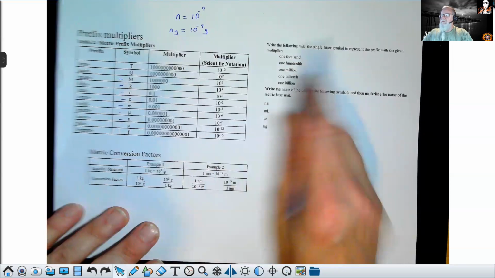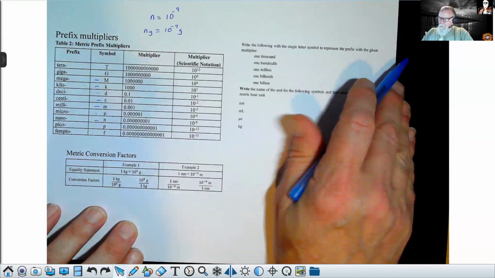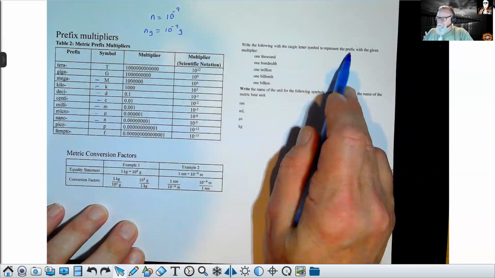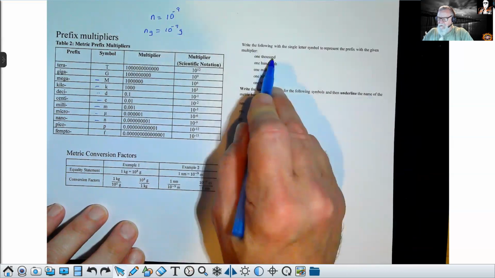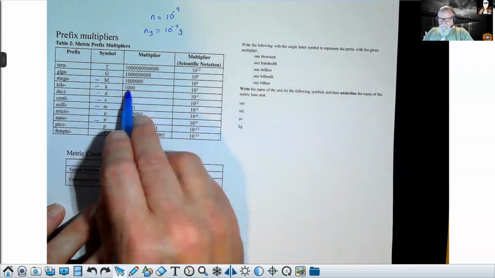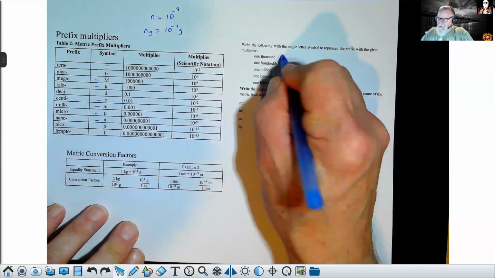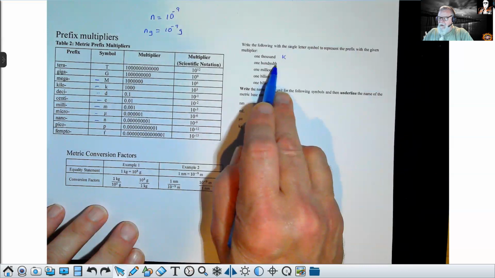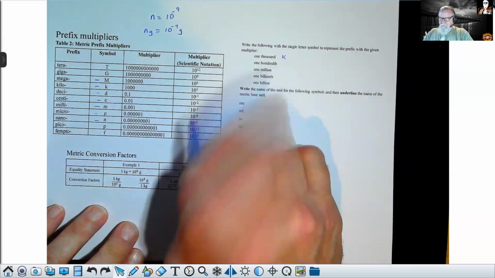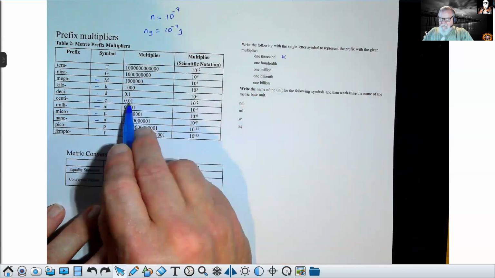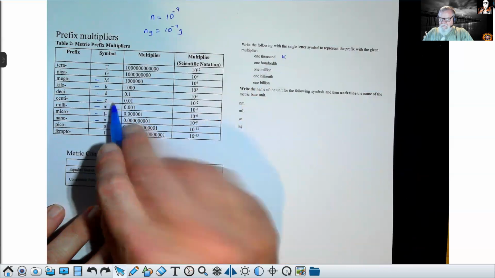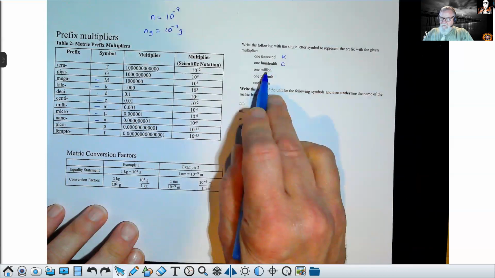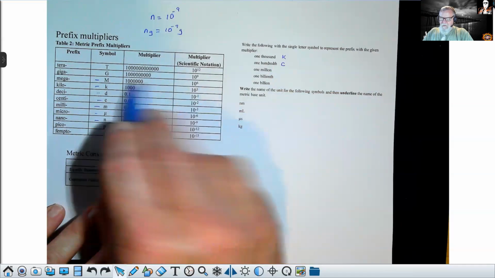So let's go ahead and do some little problems here. Write the following with a single letter symbol to represent the prefix with the given multiplier. So 1,000. 1,000 is going to be kilo. So we just write a small k here. 100. That the th there means that it's 1 divided by 100. So that is going to be centi here, okay? Centi. So it's a C. 1 million. So that's 10 to the 6. And that's going to be mega,